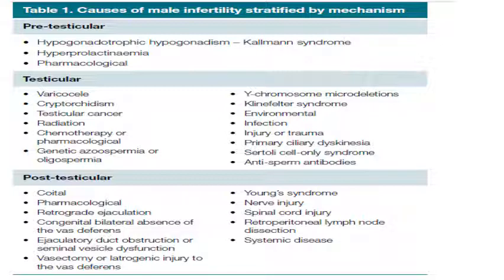Coming to post-testicular causes, these are usually causes of blockade to the flow of the seminal fluid, that is ejaculatory duct obstruction or congenital bilateral absence of vas deferens, or there can be retrograde ejaculation, or there is a problem of ejaculation itself due to neurological disturbance, or there is some obstructive pathology obstructing the flow of the seminal fluid.